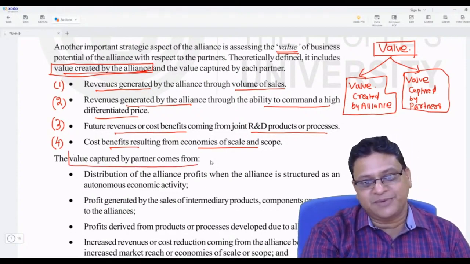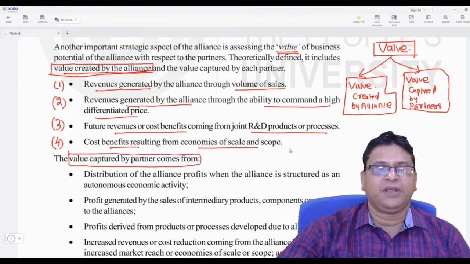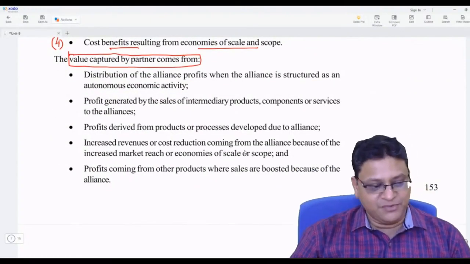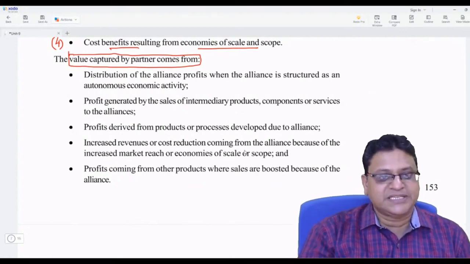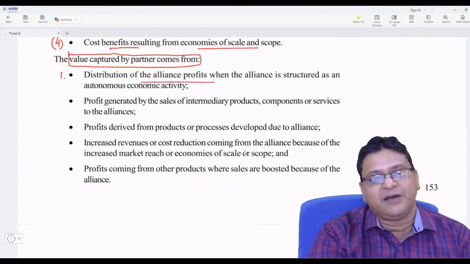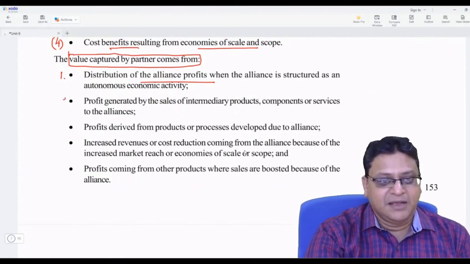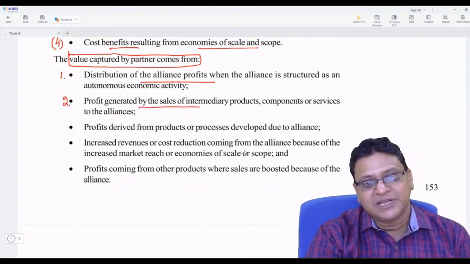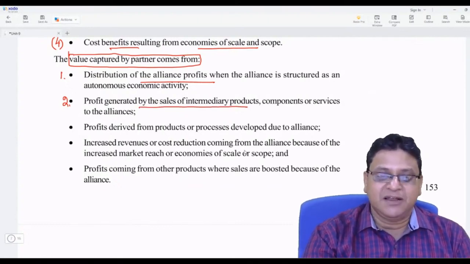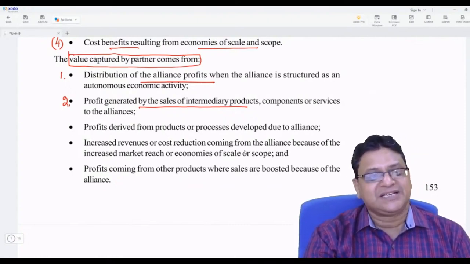What are the values captured by an alliance? The value captured by an alliance can be of the following 5 types. First one is distribution of alliance profit. The profit of the alliance, how it is distributed to each partner. Then profit generated by sale of intermediary products. There can be profit from sale of final product and profit from sale of intermediary product,